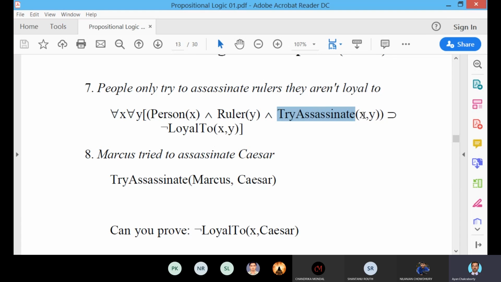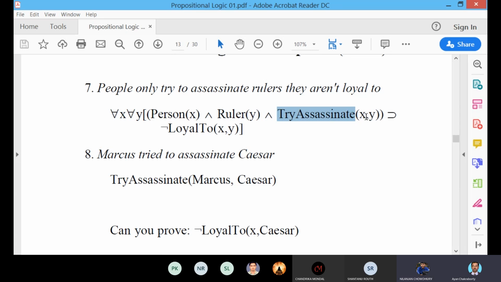Who is X? Tell me, who is X? Person. People, right? X is a reference to the people, and Y is the reference to the ruler.